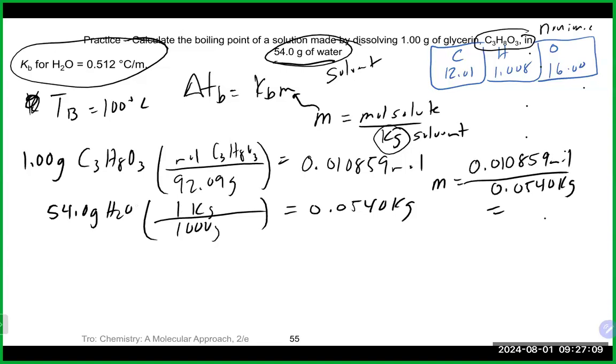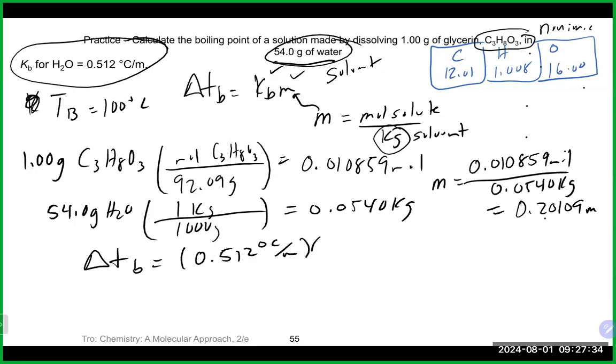And that's going to get us there, it looks like 0.20109. And again, both units are just a little m. We now have everything we need on this side of the equation. So going into our change in boiling point temperature, our KB from the table, 0.512 degrees Celsius per molality, times our molality that we just calculated, 0.20109. Molality will cancel, going to give us degrees Celsius, and we will end up with